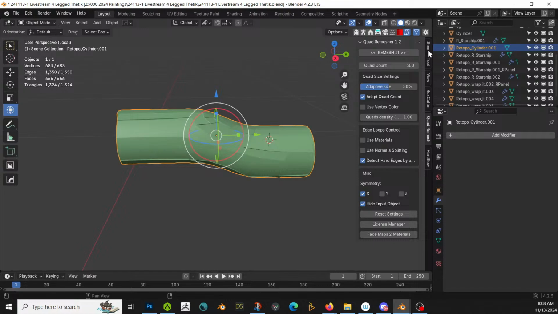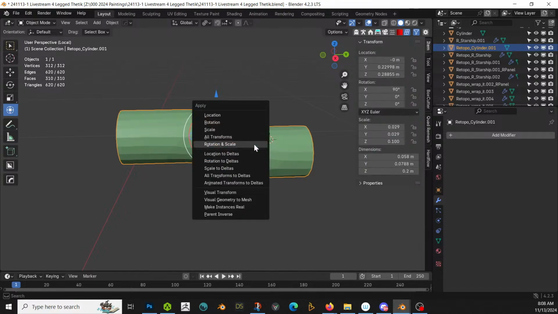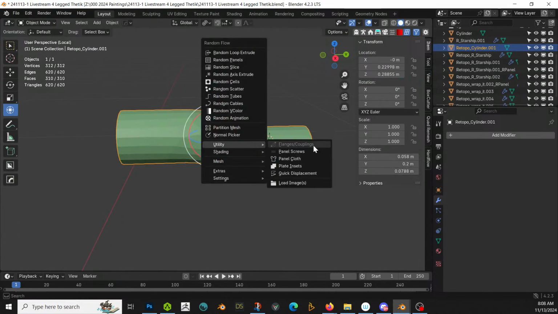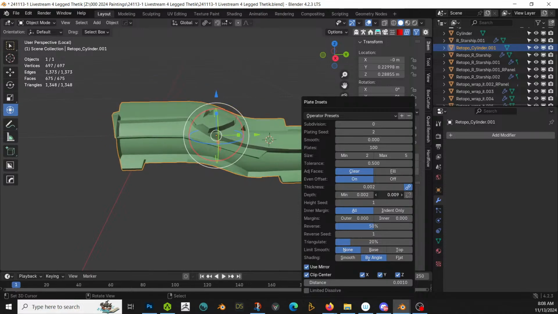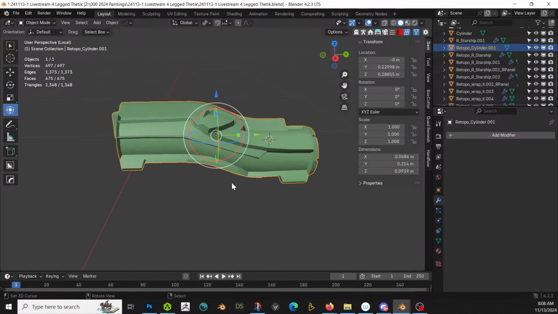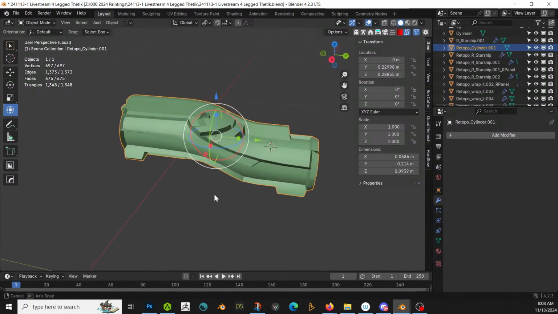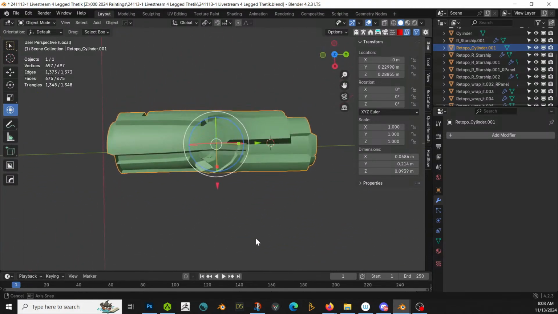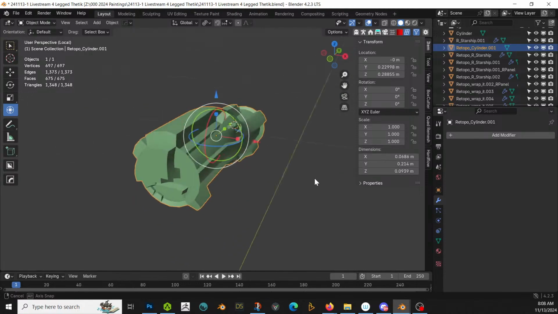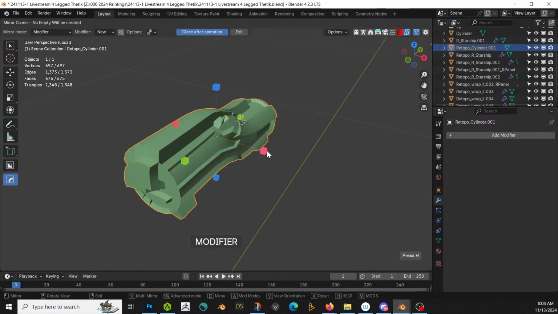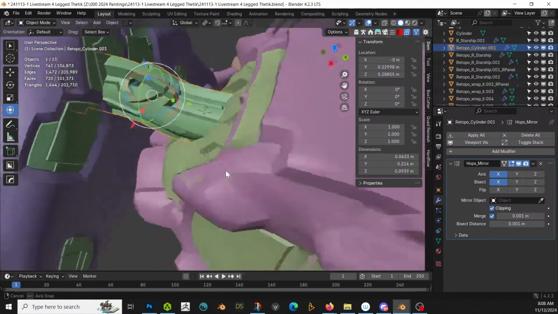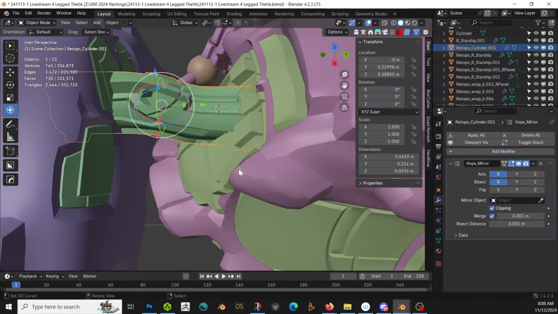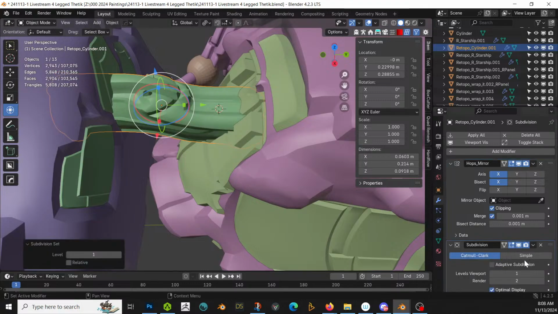Oh, is it also not scaled? Let's see. Bring those in. Cool. And it's also not mirrored, is it? We like this side better though. For sure we do. Okay. And then control 1, apply our subdiv,